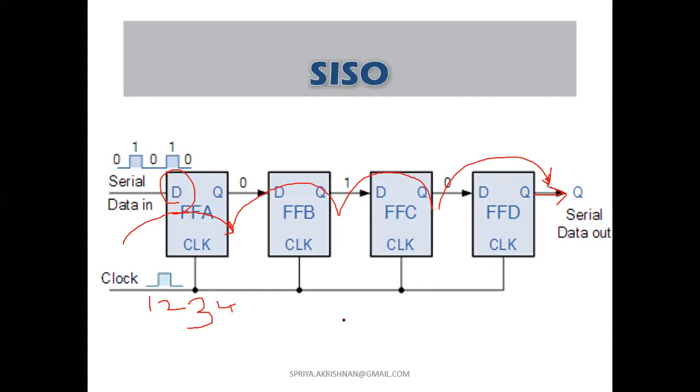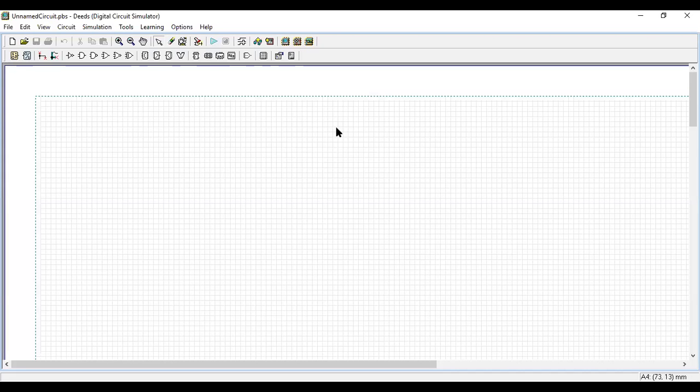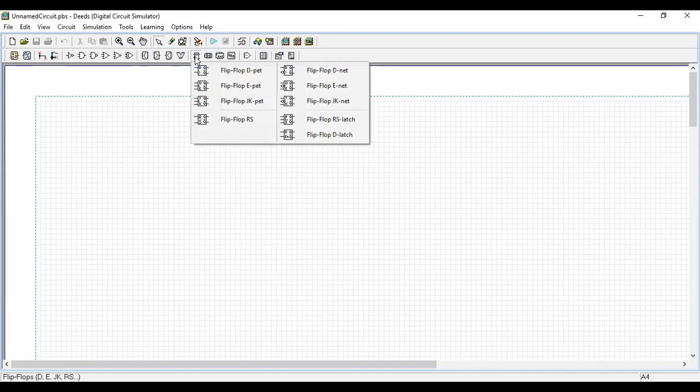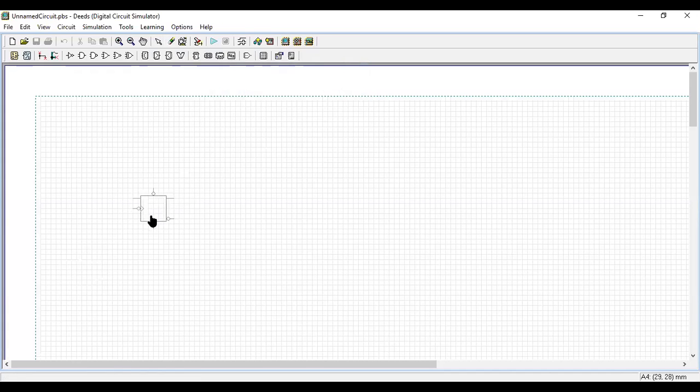Now I'll share the screen of the tool. We have the flip-flop block; go there and take a D flip-flop, D net. Net is for negative edge clock. I have taken only 2 flip-flops here. So how many bits can I store?